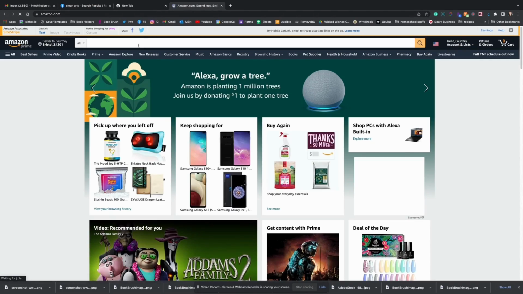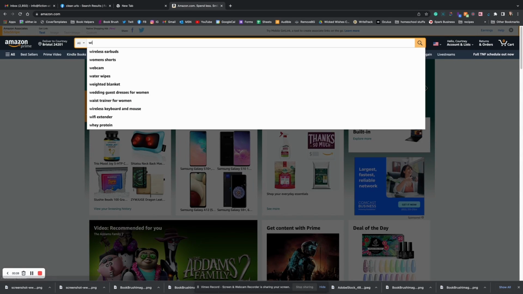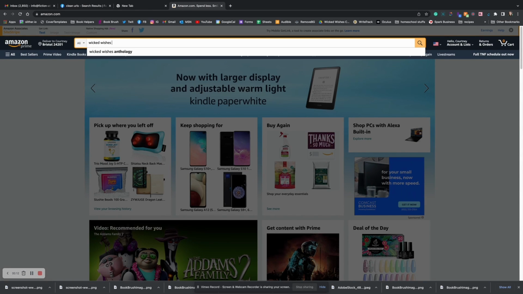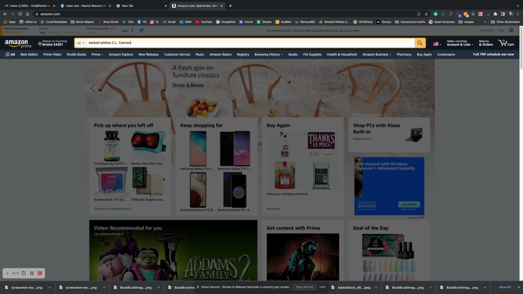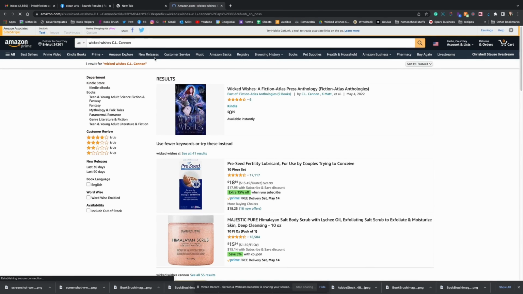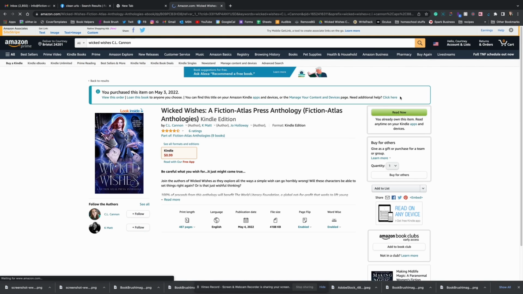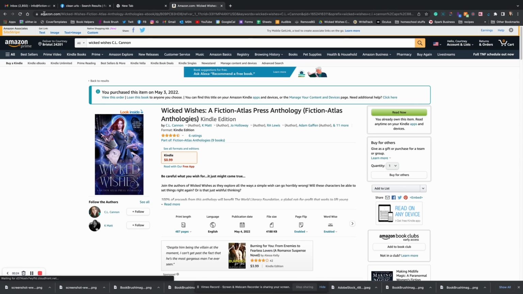So what you're going to want to do, I'm going to have an example here pop up on the screen. I'm going to search for Wicked Wishes and I am going to put my author name in there. Now, if you look at the end of the URL, you will see all of these little letters and numbers and all of this jumble, but it actually is data to Amazon. So we don't want all of this. Everything after ref is junk. It needs to be